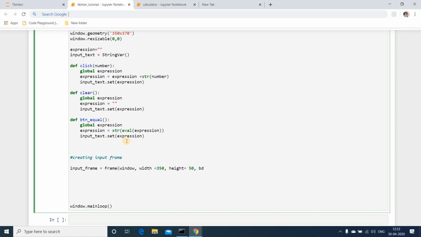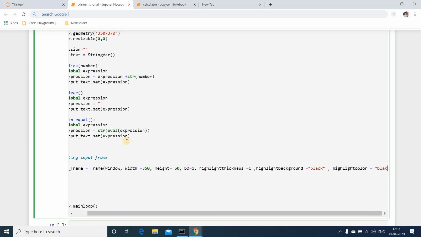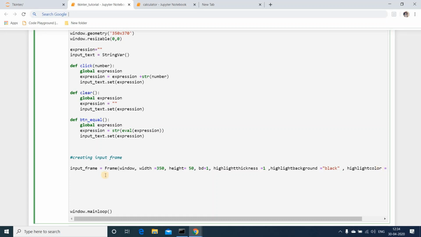Then border width bd equals 1, highlight thickness equals 1, highlight background equals black. Then highlight color is also black. Next, we should pack this to place it at a particular location, that is input frame dot pack. I'll be specifying side equals top.